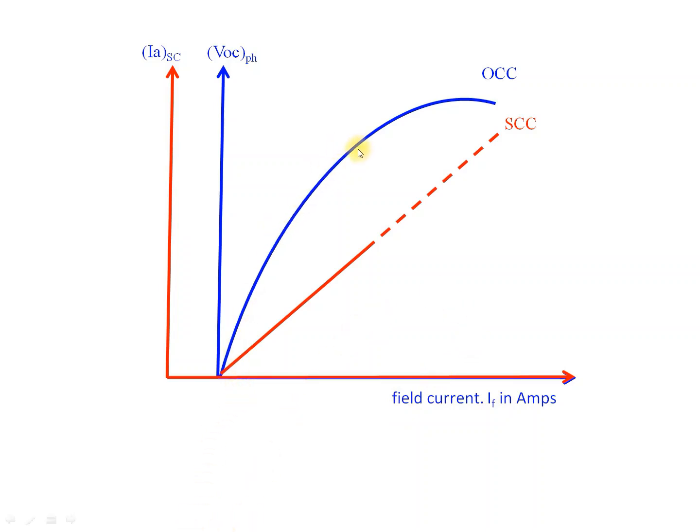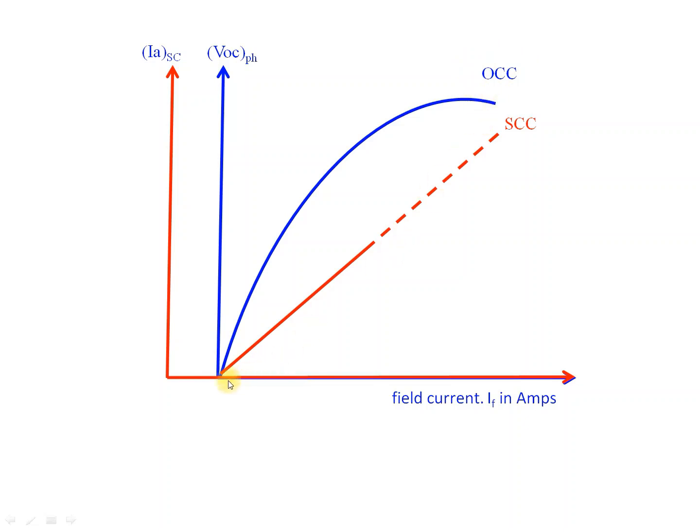After the saturation point, the machine will be getting saturated. After getting saturated, even though we keep increasing the field current, the voltage cannot be increased at all, because the machine gets saturated. So the characteristics will come into a straight line like this. This is the characteristics of an alternator when we make the alternator terminals open circuit.